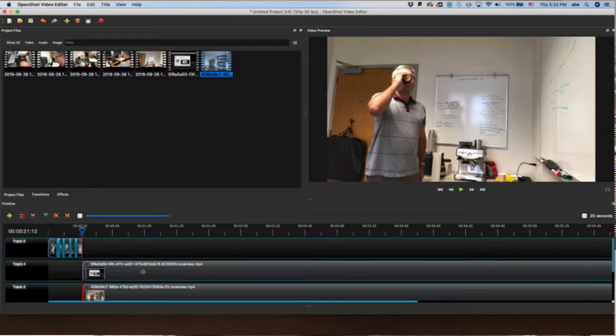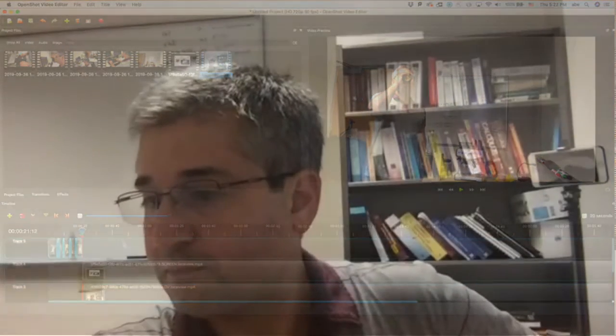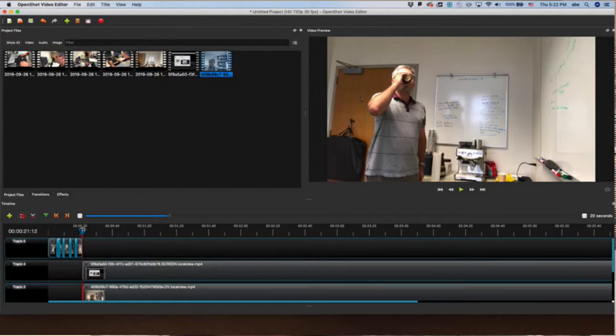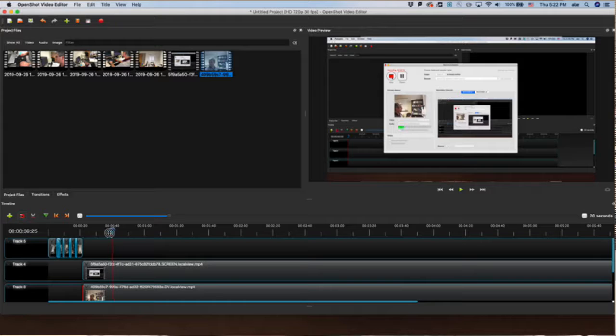In places where we want to have the webcam footage show, we'll put a transition in the top screencast track. And that will blank that out, and then we'll see the webcam track underneath. And by default, the transition is a fade. So here you can see that we have the